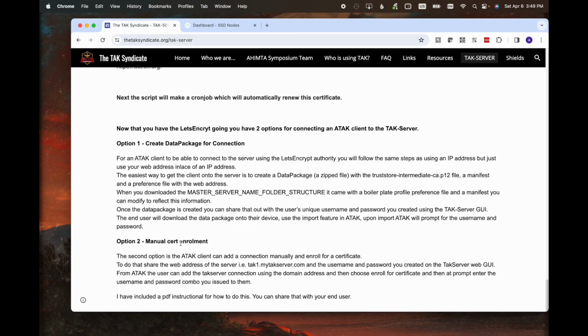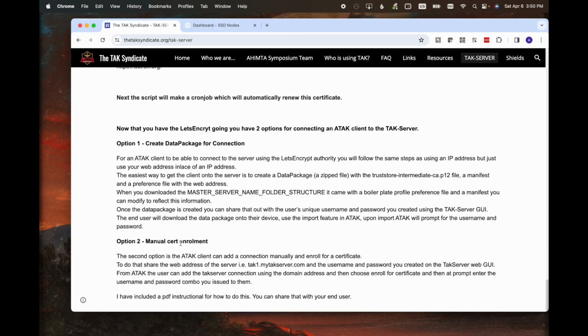Now let's talk about iTAK. iTAK's a little different beast. iTAK will not allow you to just pass the trust store and sign in with your username. It actually needs the user P12 file as well, which makes it a little bit problematic. You'd have to create a new user in the TAC server, not at the GUI, but actually from the command line. Run the script to create a new user, and then when you made a data package, you'd have to actually send it with the user P12 file. And JR covers that on